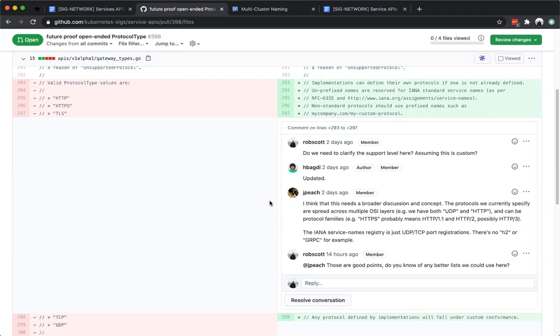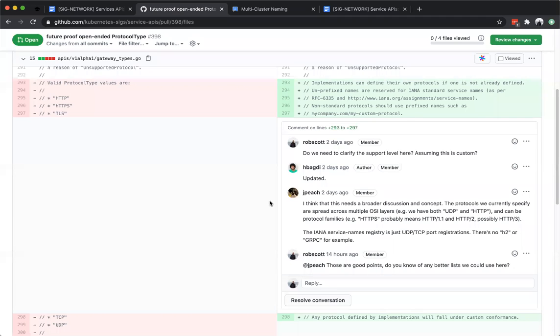Yeah, this is something that I had discussed with Tim back in the day, and the goal was that we wanted to support as many protocols as possible here, but we wanted to avoid different ways of specifying the same thing. Like, we wanted to avoid variations in, say, capitalization or whether a dot, whatever it might be.